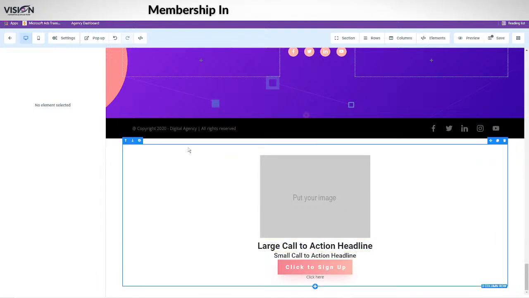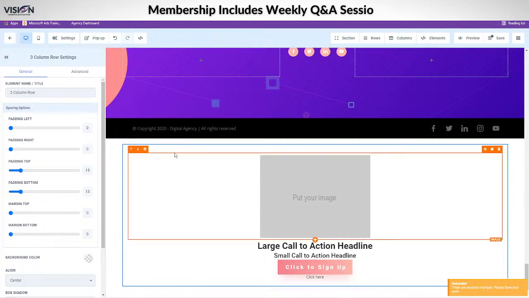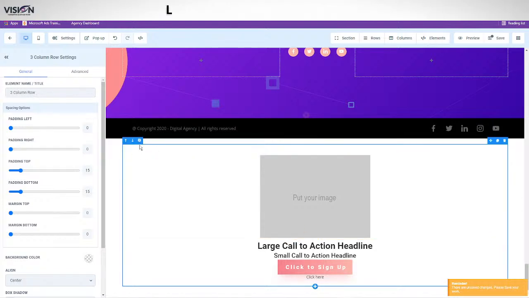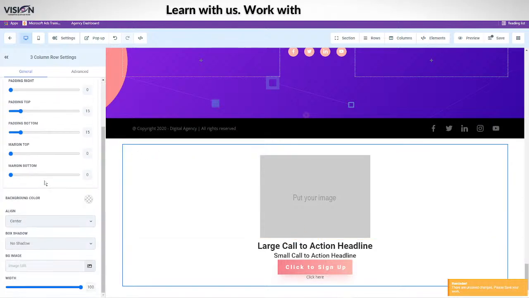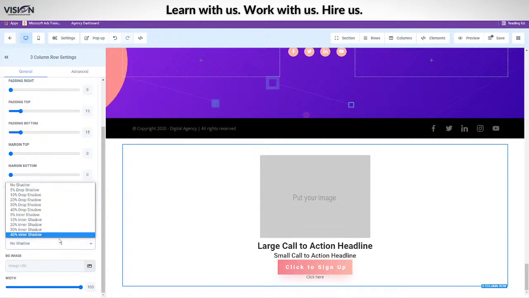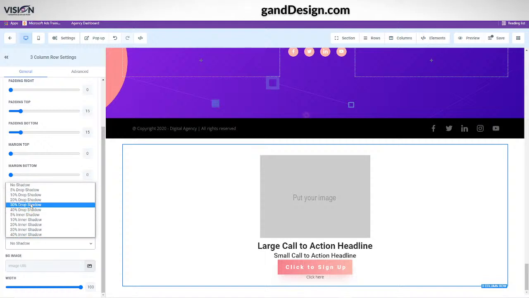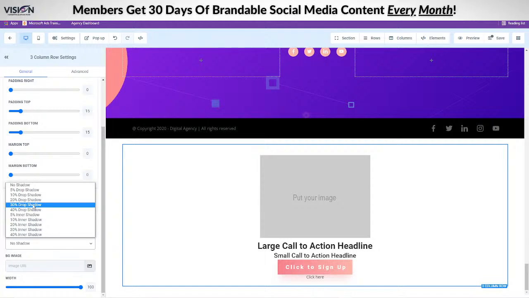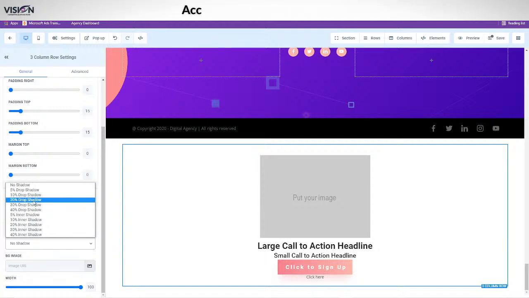Maybe we decided within this we want some type of a shadow, right? So what you can do is click on the element. And here is what I love about this. Instead of choosing the right gradient with the little color hex codes here, you can just choose a percentage, which makes it so much easier, because it's easier to say, okay, I'm using 20% on all of my shadows instead of trying to get that hex code.